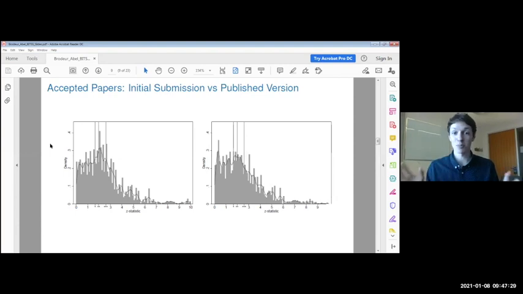Let's move to papers that are actually accepted. From the initial to the published version. We'll show you when you start including controls during regression, there's not much here. These papers don't change that much. So papers that are going to be accepted from the beginning to the end of the process, I mean, they add some tests, robustness checks, etc., but there's really not much happening here. If something, maybe they're a bit less statistically significant, but overall, we don't find much.